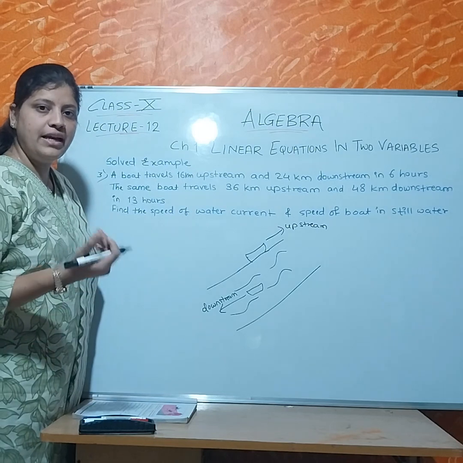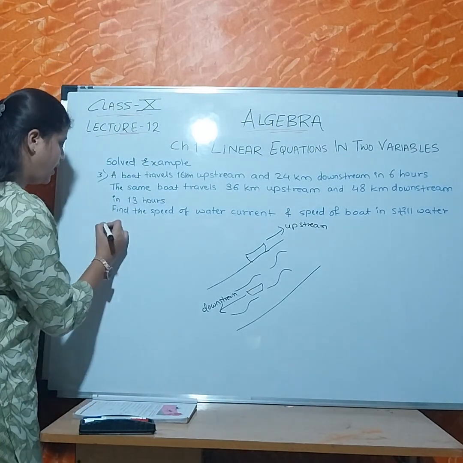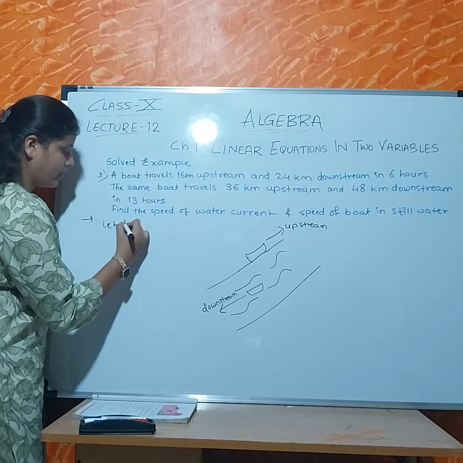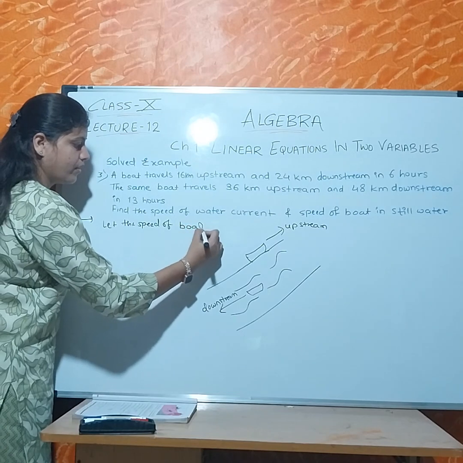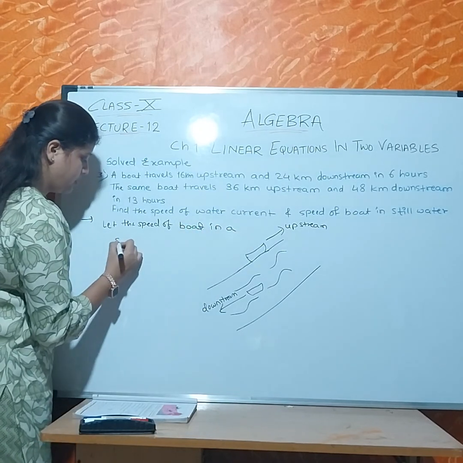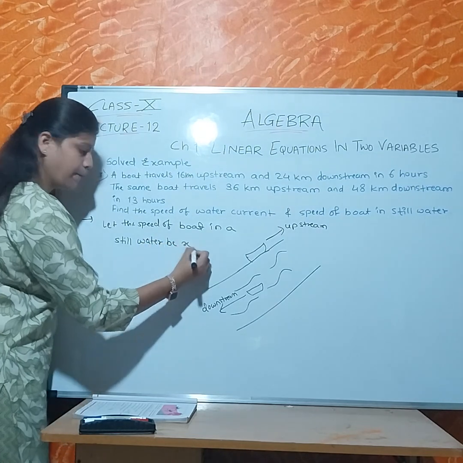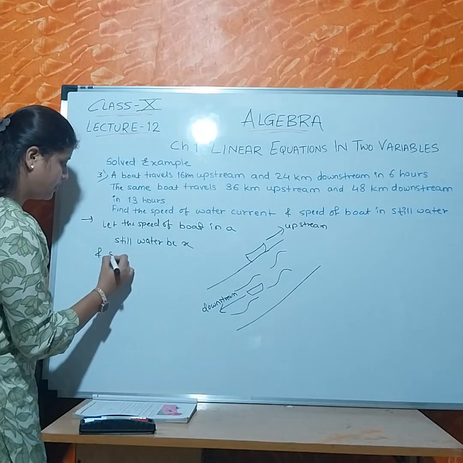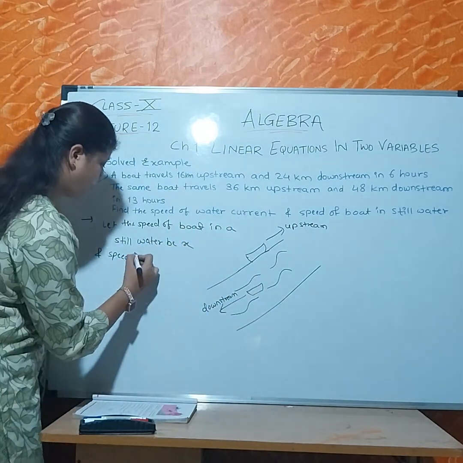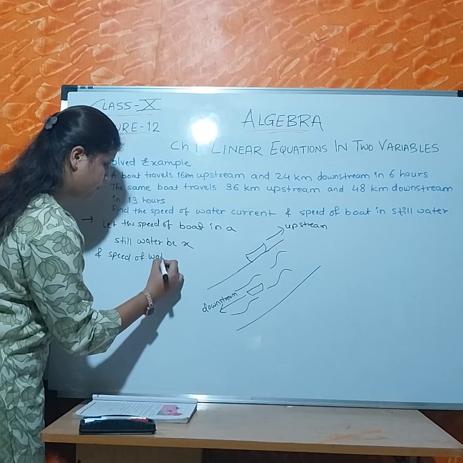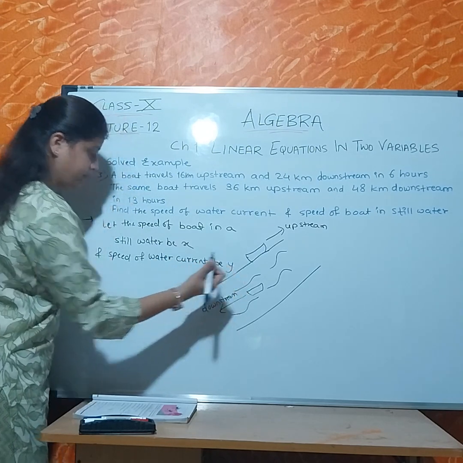First of all, let us assume the variables for the values which we have to find. So let the speed of boat in still water be x, and what we have to find next? Speed of water current, be y. Now see,